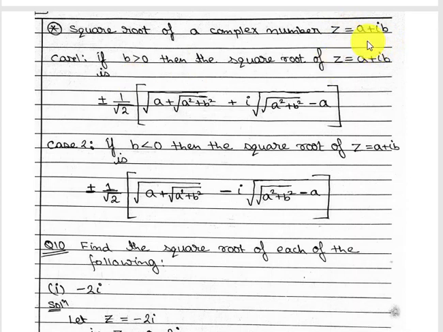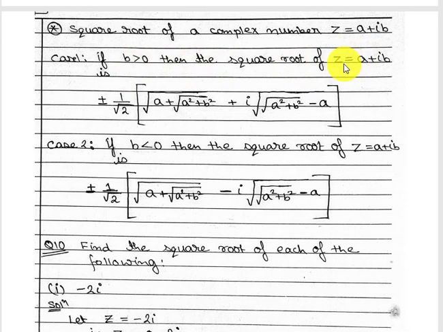Suppose you have a complex number z equal to a plus ib. In order to find the square root, we have two formulas, depending on the nature of b. Case 1: if the value of b is greater than 0, in that case